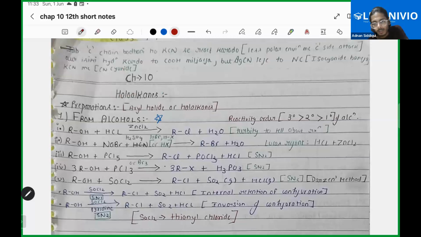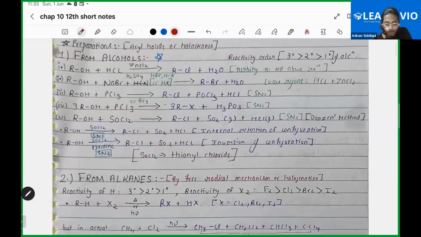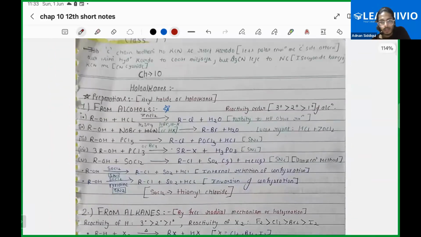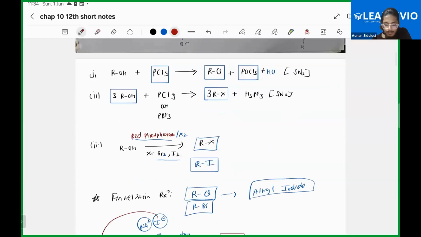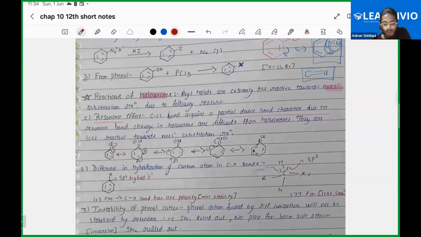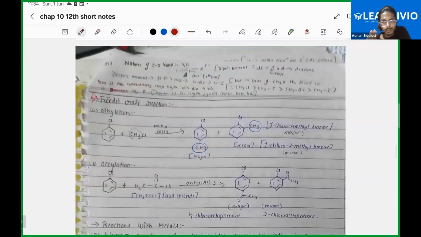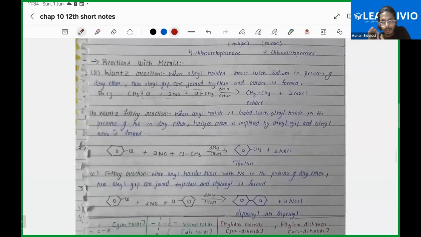Once you have done the chapter thoroughly, then you will just have to go through these 10 pages and you will be able to understand the entire chapter. So for now, as your exam is near, I would request you to go through these short notes. These are only 10 pages. And after this, try to do the NCERT questions. In these 10 pages, you have every possible question that they might ask you in your